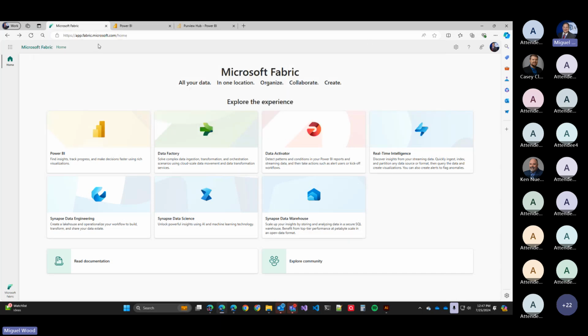Obviously, it's going to take me to the Power BI, but you'll notice the address here, or the app, is app.fabric.microsoft.com/home. And these are all my different experiences I've talked about, right? Power BI, Synapse, etc. If I come down to my Microsoft Fabric, I can then go to any one of those different experiences. This will take me right back over here.